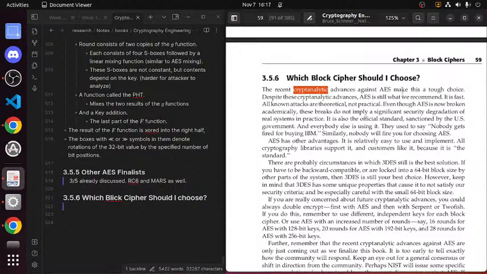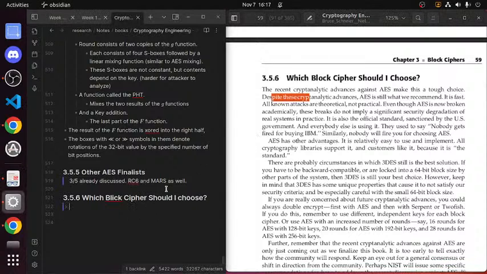Anyways. The recent cryptanalytic advances against AES make this a tough choice. Despite these cryptanalytic advances, AES is still what we recommend. It is fast. All known attacks are theoretical, not practical.